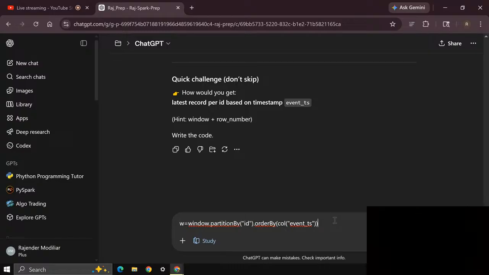Plus row number. How to define the row number here, I think I need to transform that. In the next line I need to use the window function. Okay, window function is okay. And after that, I think I need to do some